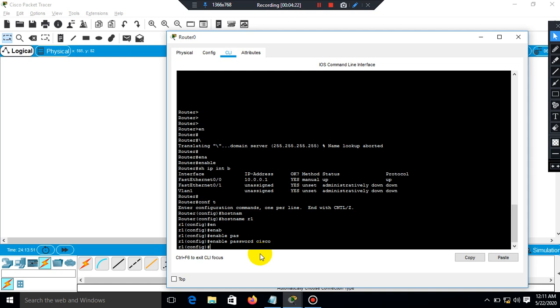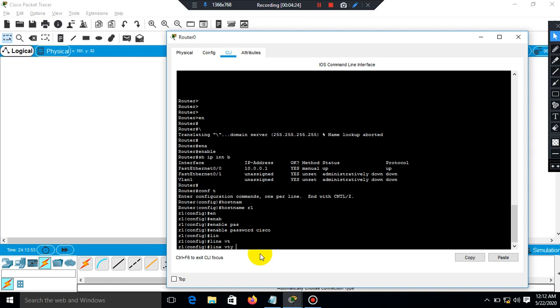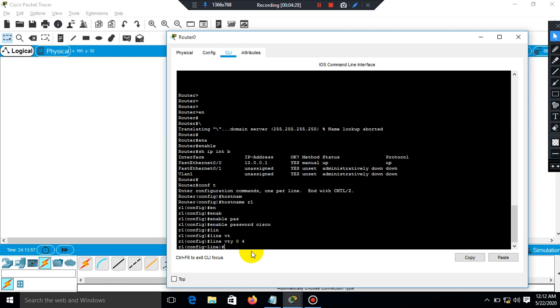After that, line vty 0 4. This is line VTY, virtual terminal. We are going to take remote access virtually, and the number of devices that can connect is 0 to 4, meaning 5 devices can access this router at the same time.